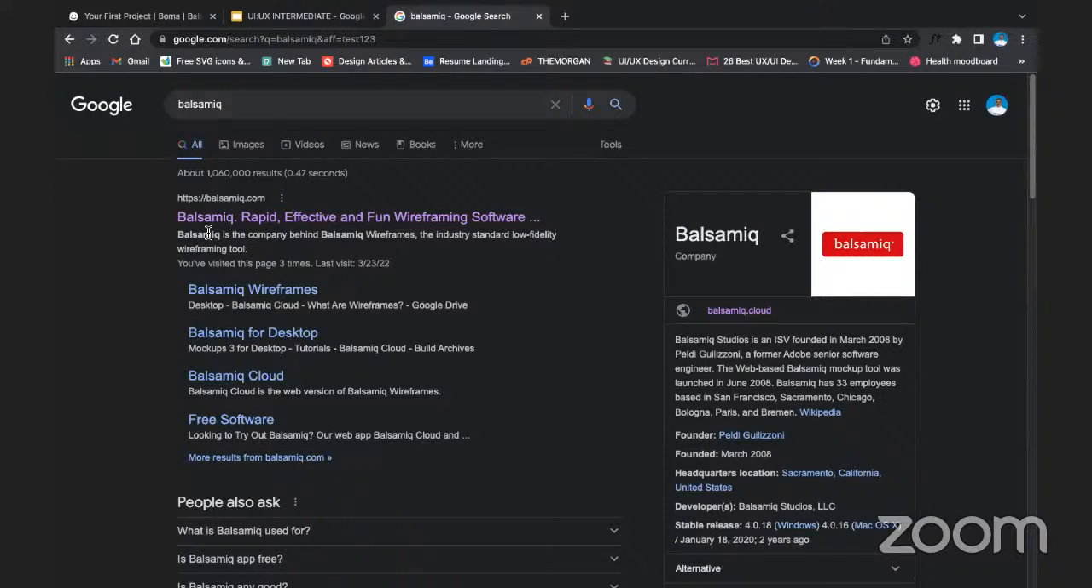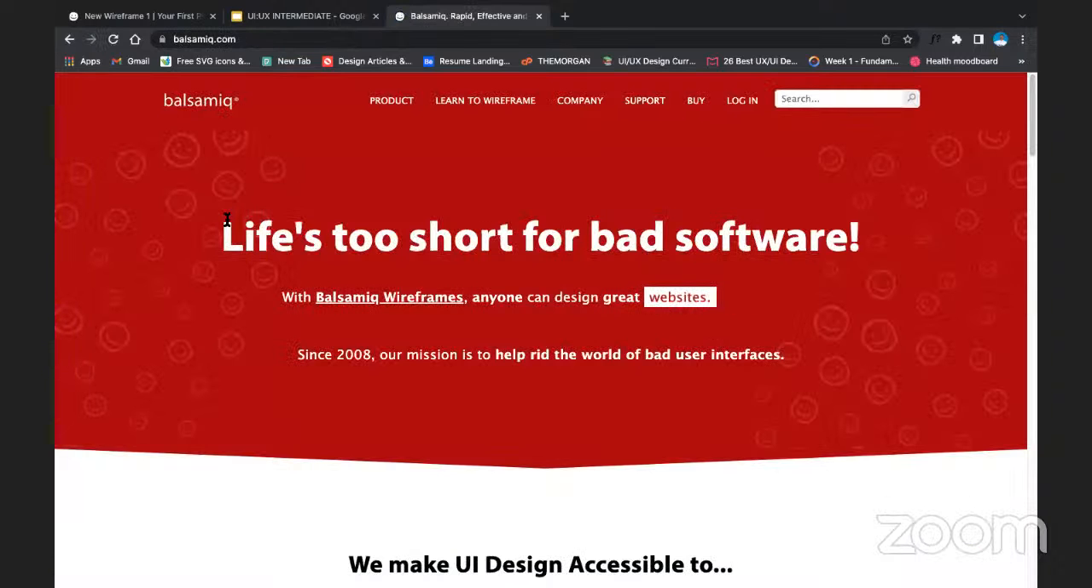Life is too short for bad software. Okay, so can you see my screen now showing Balsamiq? Yes, you can see your screen. Okay, so once you see it, you just click on the first one and it will take you to the Balsamiq